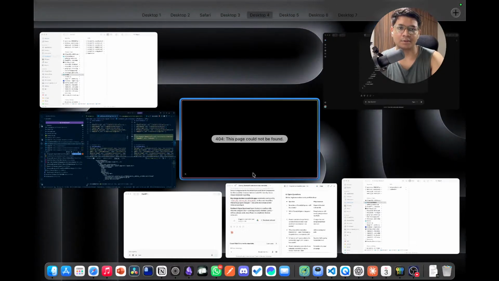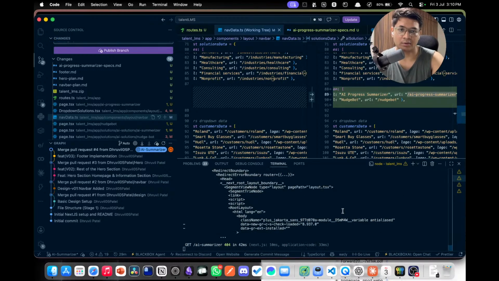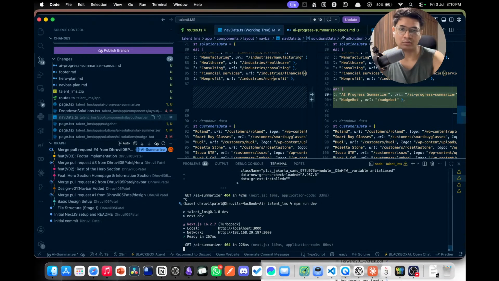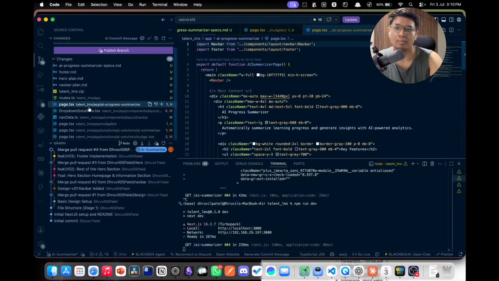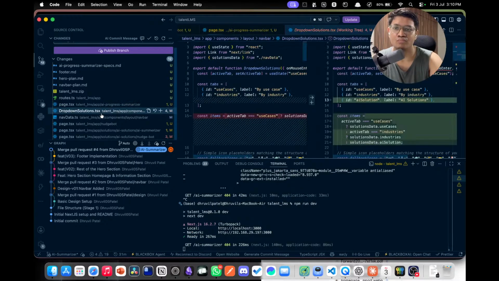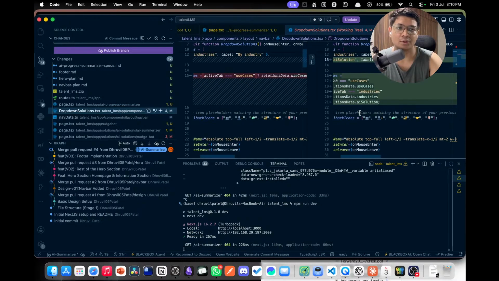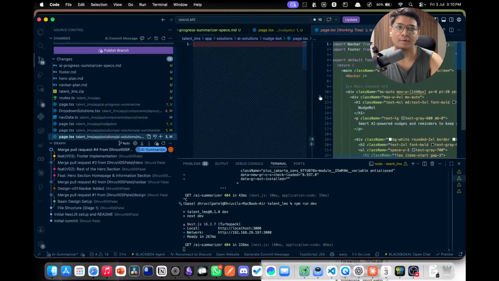There is no error, but it is not visible. Okay. Let me just recompile this whole page. Maybe the compilation would be having an error. Get AI route. AI progress summarizer. AI progress summarizer. Okay. Page.tsx. I think so. There's a problem over drop down solution is not causing any problem. The only problem we are having with the